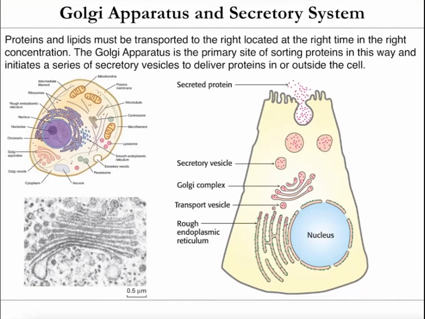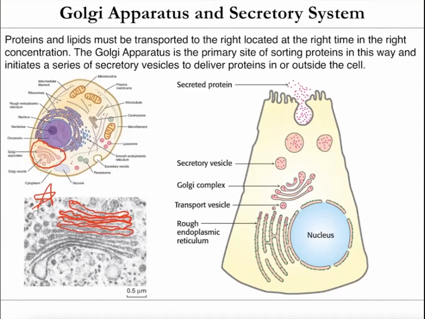Now, there's also another really interesting organelle in the cell that's got a really distinct look about it, called the Golgi apparatus. It's named after the person who discovered it, Dr. Golgi. It's always depicted as having this sort of weird shape full of blobs, and you can see a really good electron micrograph of it here. It's basically different layers of lipid bilayer membranes folded like a sandwich within the cell.